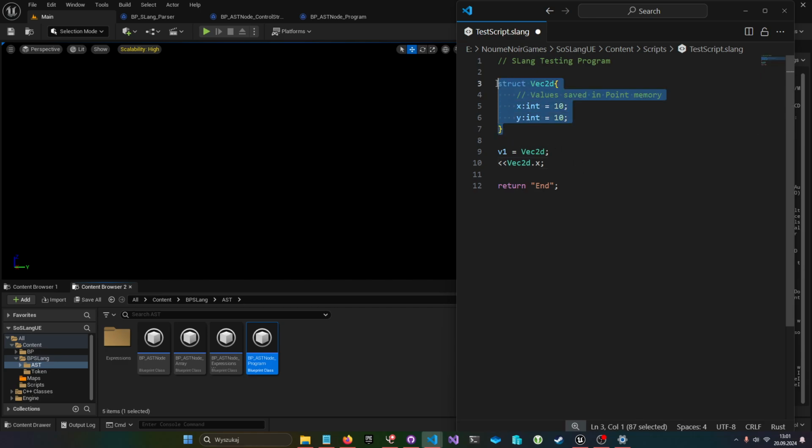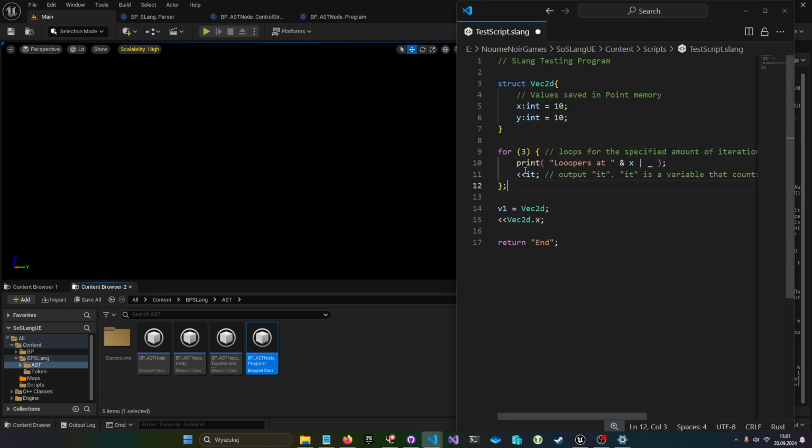So the structs don't take any parameters or arguments, and they are initialized immediately. For example, that loop is declared and run immediately, and it takes arguments.